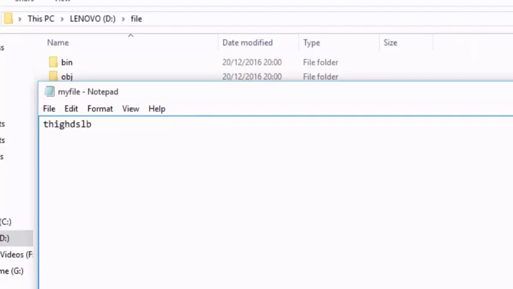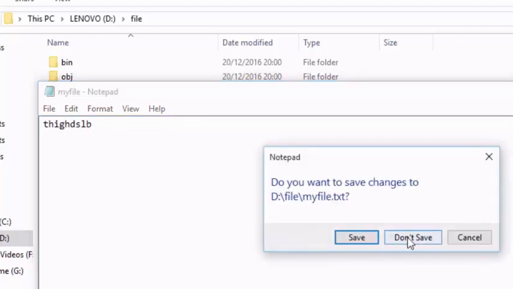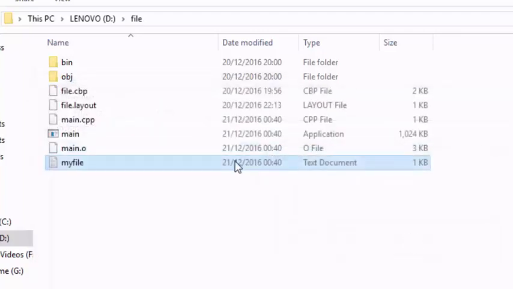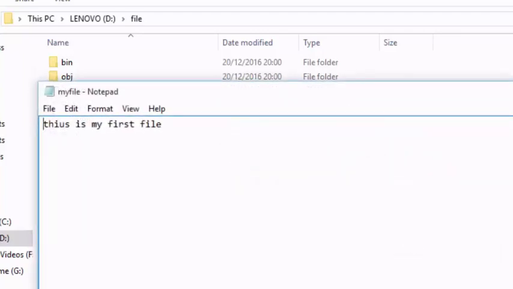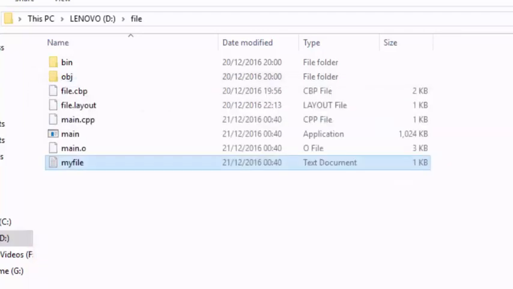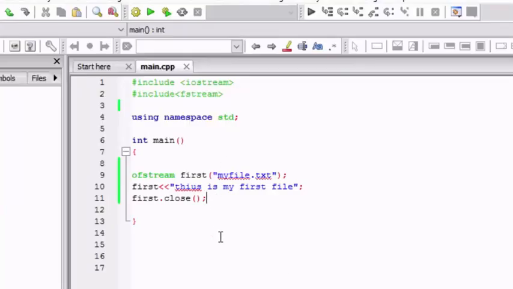There is a file located here, and there is a statement given here. You can see it here. This is my first file. The similar statement that we have written in the program is also printed here. You can manipulate this statement, let's manipulate this statement, delete this. You can write anything and save it, but I will not save it because I want that particular message only. So this is the message.